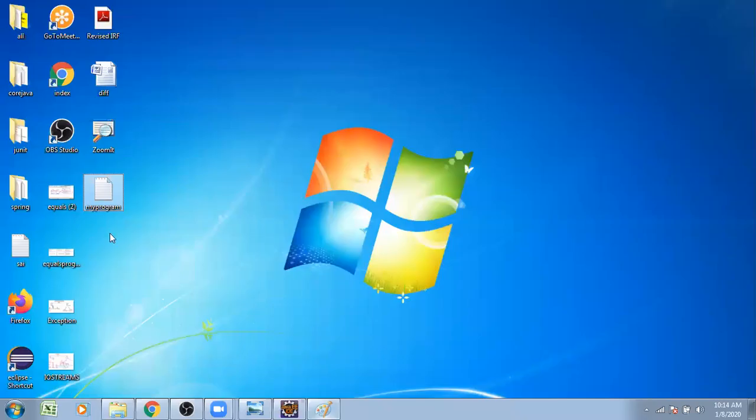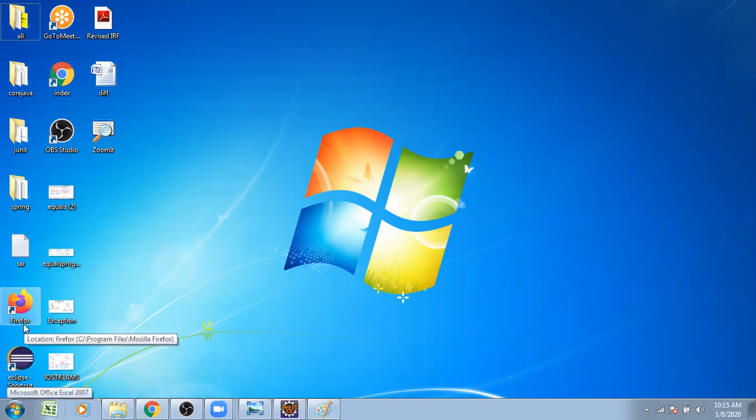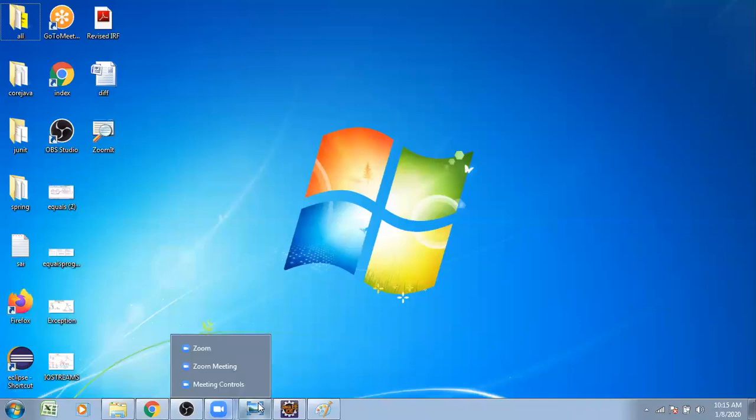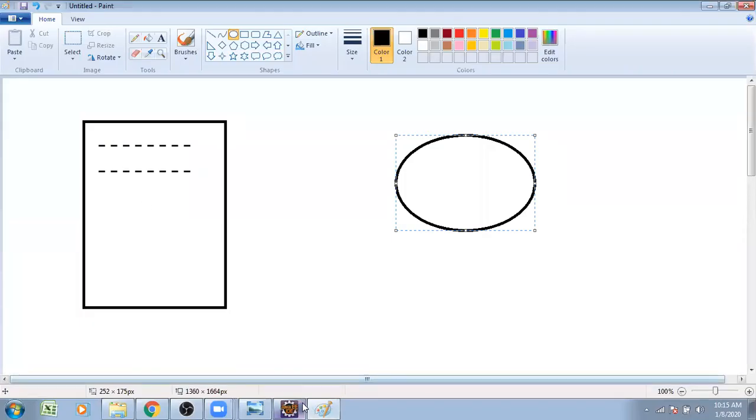Observe in my folder. Till now, there are no files available on the desktop location. When I run, automatically three files are going to be generated. What are the three files? my program 1, my program 2, my program 3 files are going to be generated. See once. Run this application.